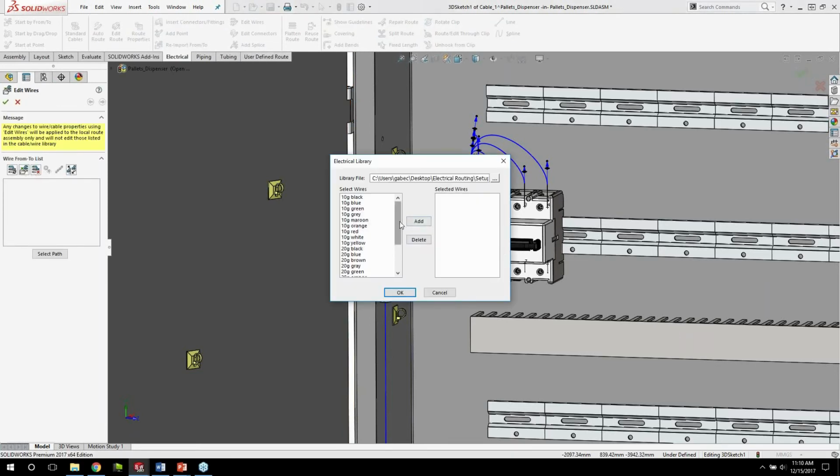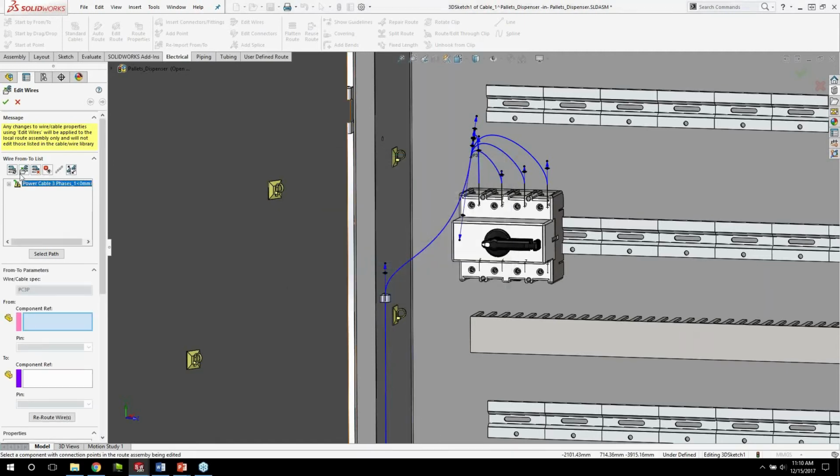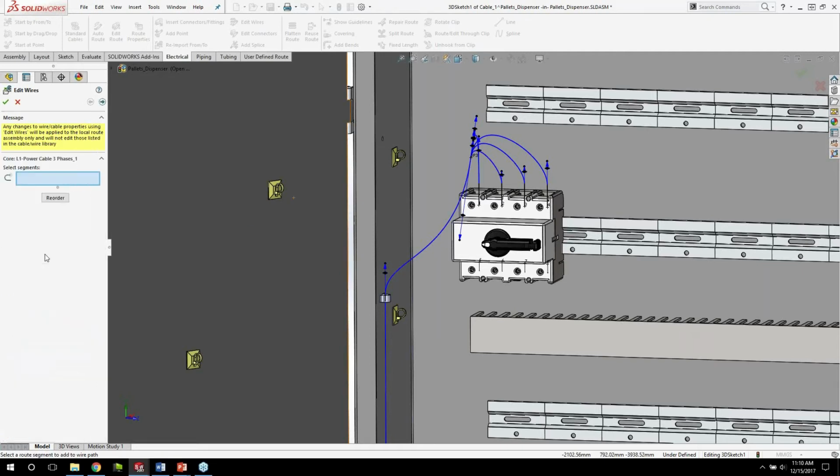And this is pulling from an XML file that you would create that contains the information for all your electrical attributes here. So you can see here I have my power cable 3-phase. We can go ahead and say OK. And it's taking that information and it knows it has this material right there. And then all I need to do is tell SolidWorks what these pertain to. So if I go ahead and click here and say select path, I can go ahead and select